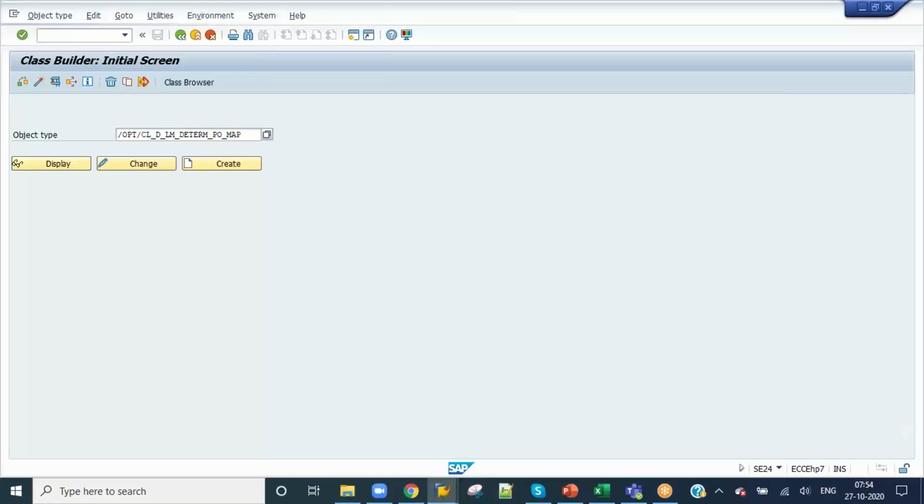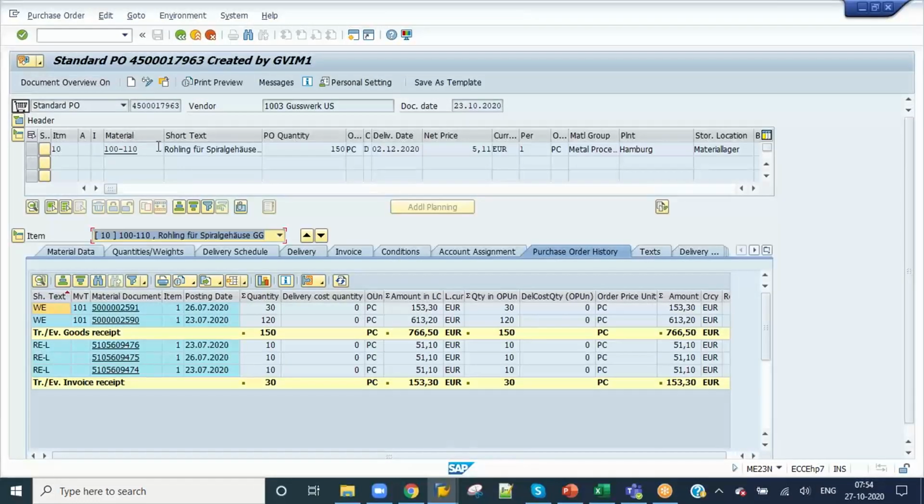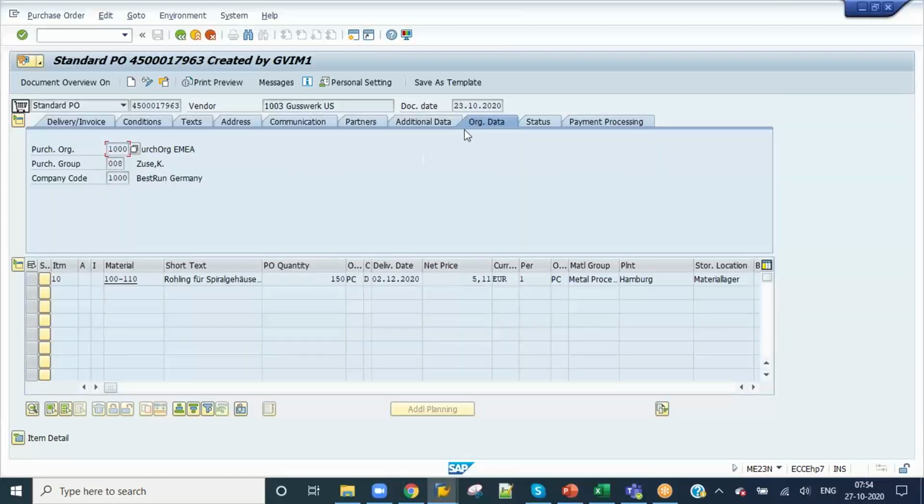I'll just go to ME23N. It will always compare like this. What is a PO quantity? Is the quantity less than what we have in the invoice or not? And the net price is equal to this price or not? And the gross amount is equal or less than or equal to or not. So if these three conditions are passed,